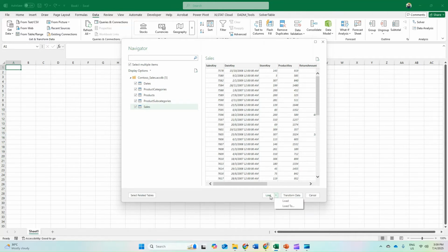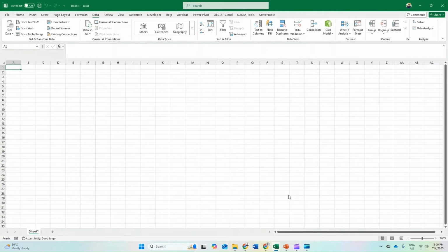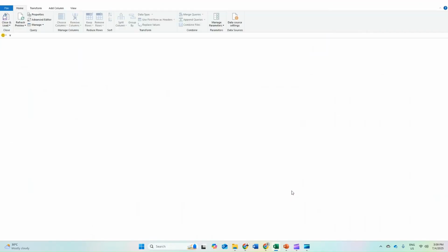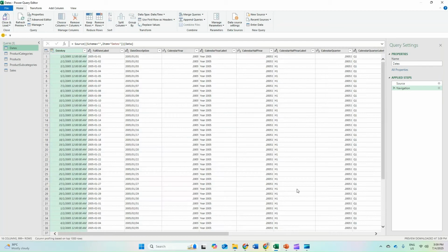If you want to load directly to Excel, then you can click Load. But now I want to do some editing, so click Transform. This is what we call the Power Query Editor.